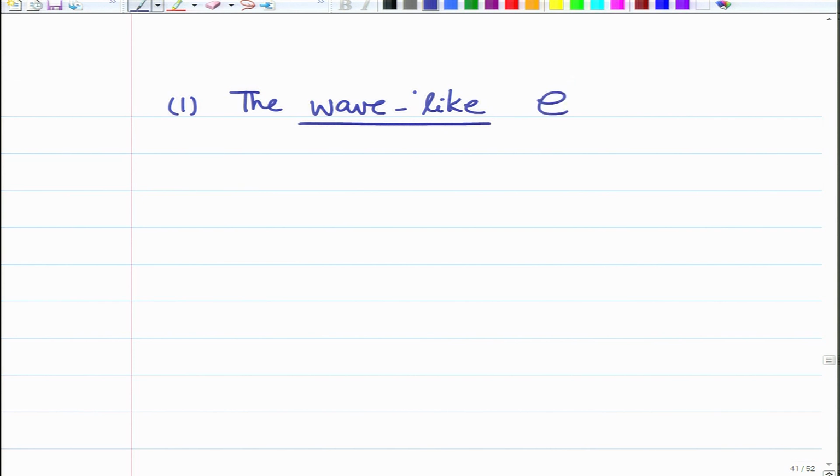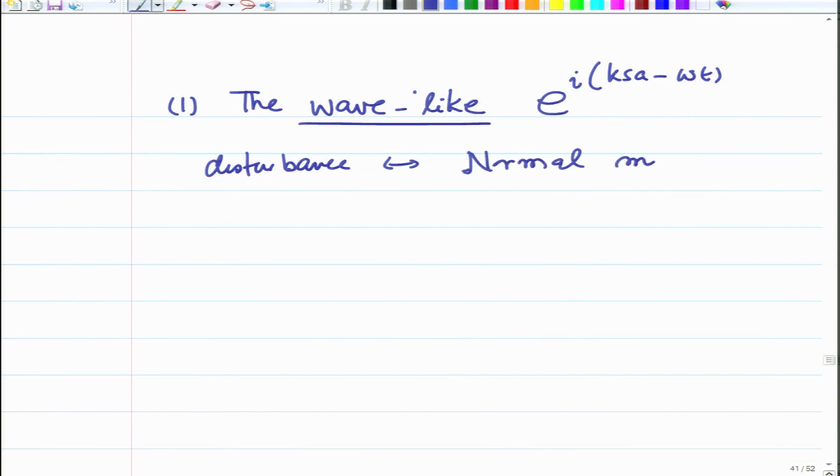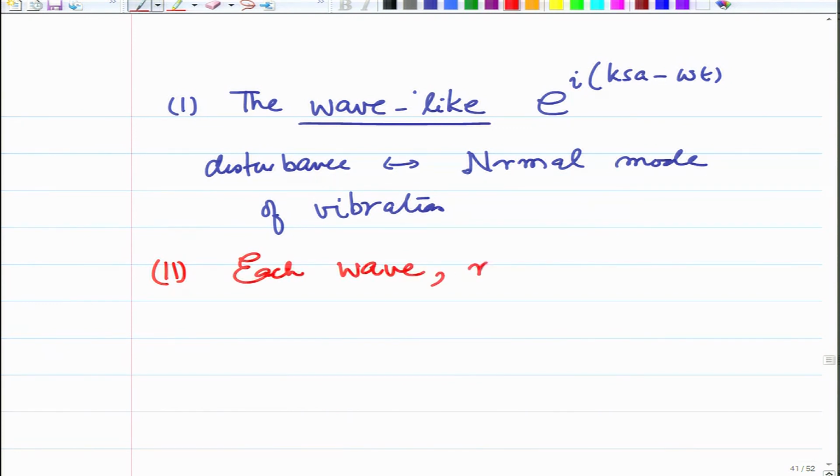So, the displacement is given by e to the power i (k s a minus omega t), this wave-like disturbance is a normal mode of vibration, and number 2 is that each wave or normal mode